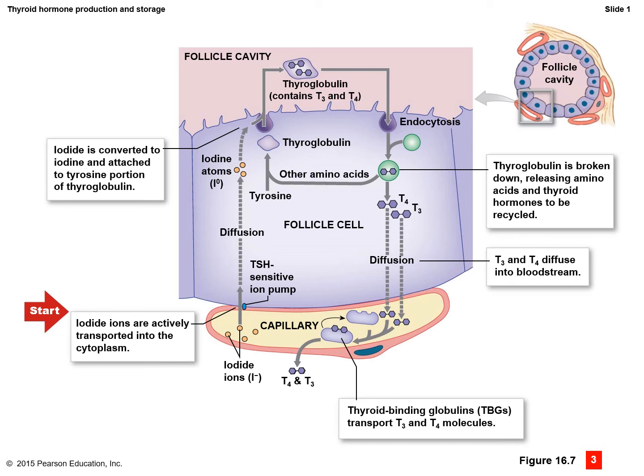So it'll keep moving through diffusion and convert to iodine atoms. These will thereby connect with the tyrosine portion of thyroglobulin. This is a storage form of sorts for thyroid hormones. As thyroid hormones are needed, the iodinated